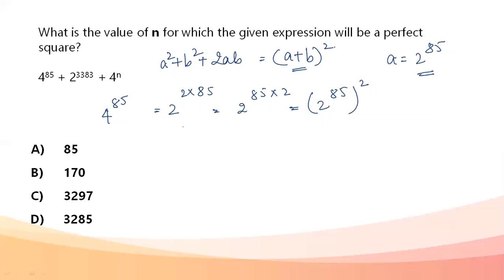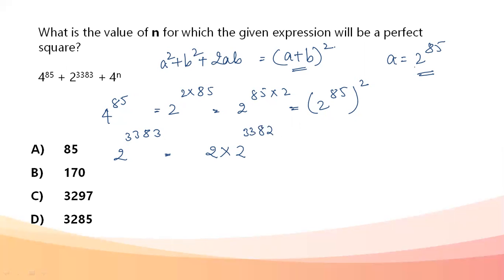Okay, that one is done. Now, 2 raised to power 3383. This has to be something a into b. Other than that, there is no way that this is a bigger number. So let's just take out a 2 from it. So I'm taking out a 2 and making it 2 into 2 raised to power 3382. Now,